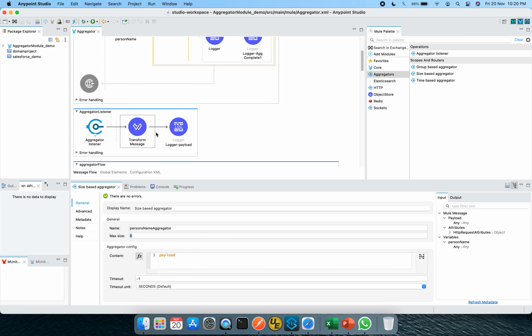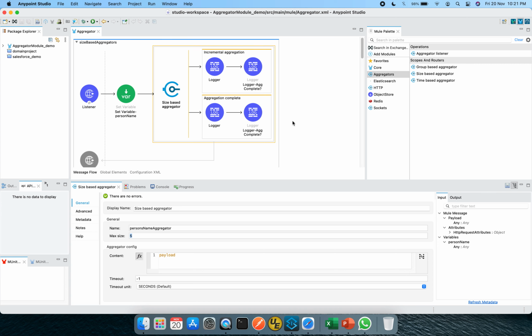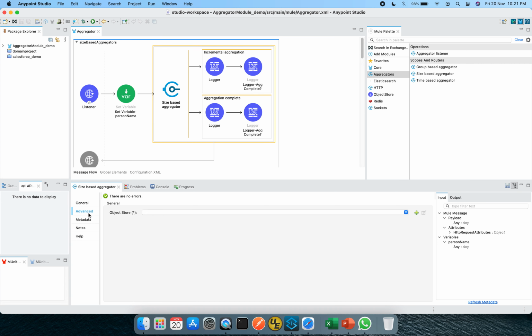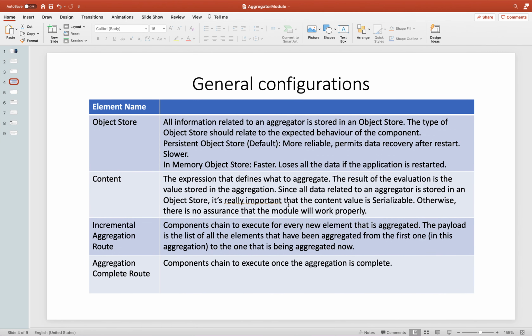I will come to the configuration of that very shortly. Let's finish this first. In the advanced tab, you can configure the object store. If you are not specifying anything, going back to our slide, you can see the default is the persistent object store, and it takes care of that.